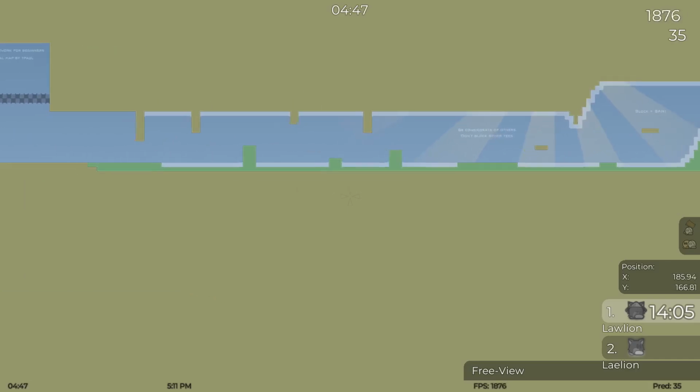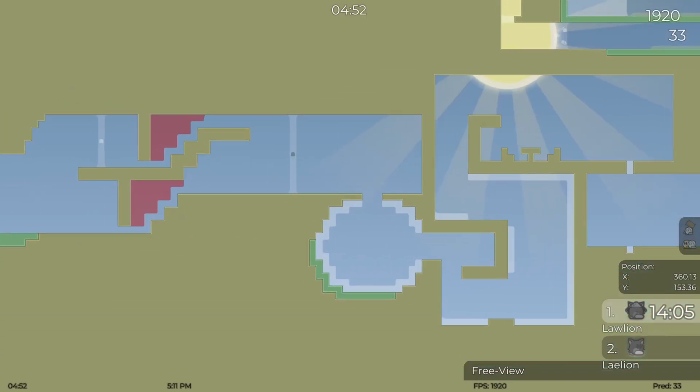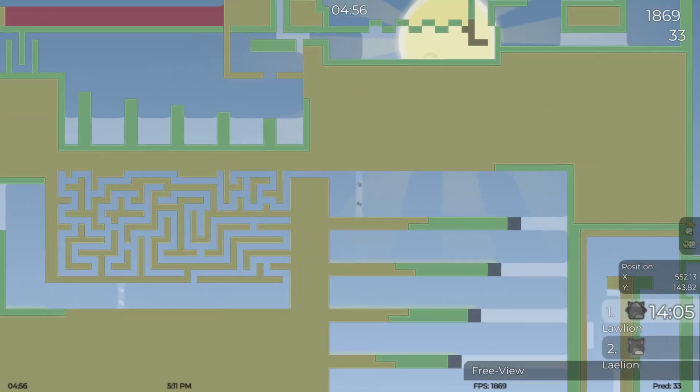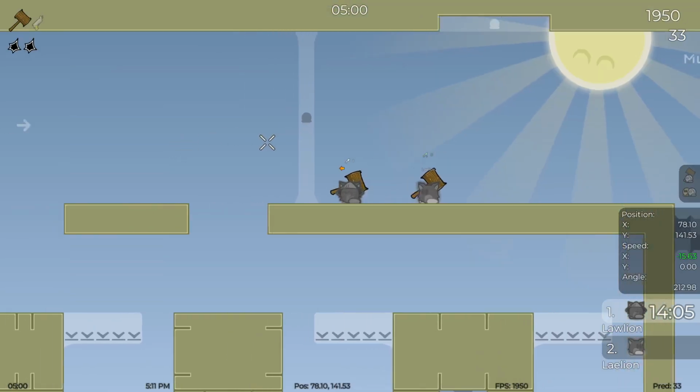For this type of novice map, all you really need to do is be able to hook other players. There is a skip for this. It's pretty much